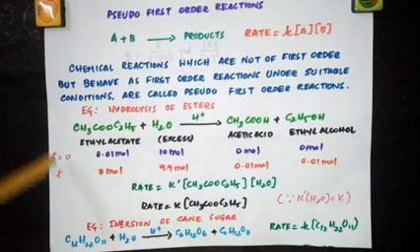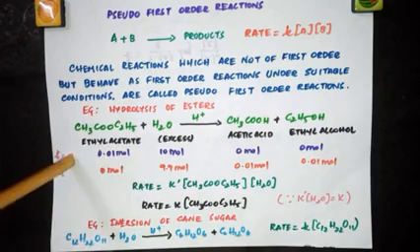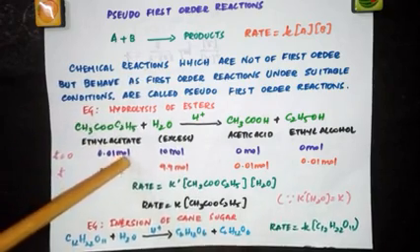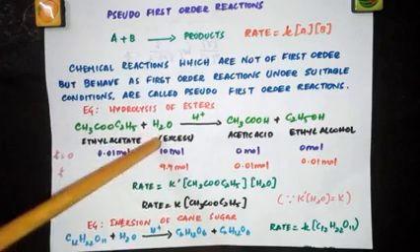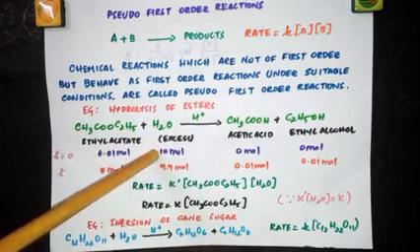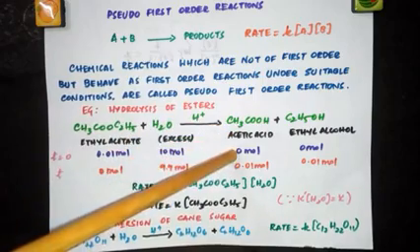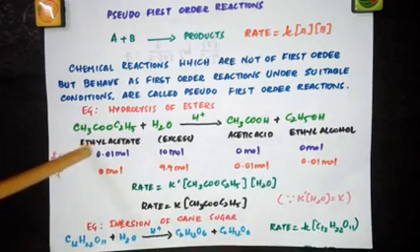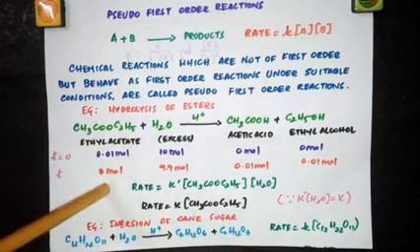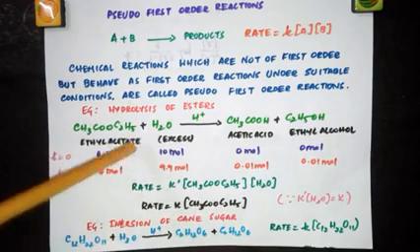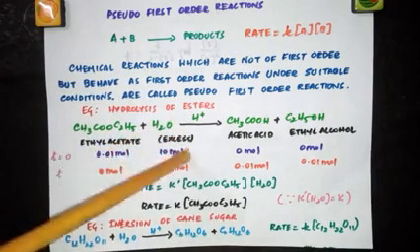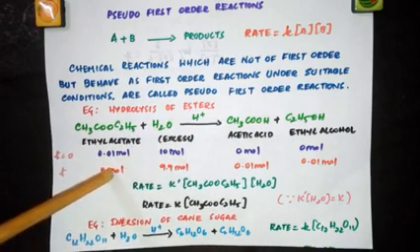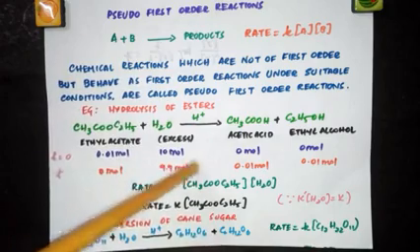So to understand this concept, when time is equal to 0, the initial concentration of ethyl acetate is 0.01 mole and water is 10 mole because you're taking one of the reactants in excess amount. And the product acetic acid is 0 mole because time is equal to 0. At time t, all the ethyl acetate has reacted, so it is 0 mole. But of the 10 mole of water that you have taken, only 0.01 mole has reacted. So what is remaining? 9.9 mole.